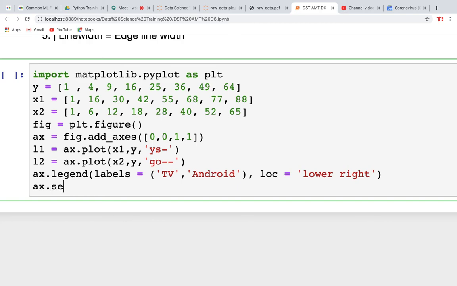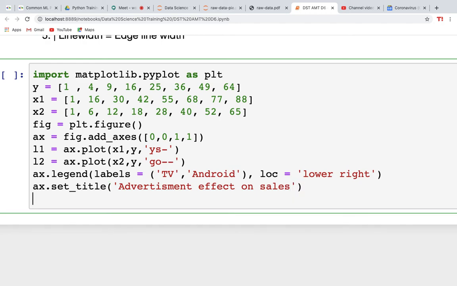Similarly, I can just set my labels, my X label particularly. First of all, I'll be setting my title, that is ax.title, and I'll be writing advertisement effect on sales, and similarly just set the X label